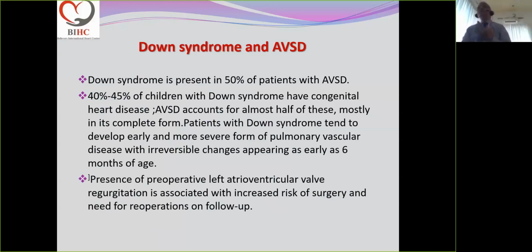The problem with AV septal defect in Down syndrome is that Down syndrome patients have a greater propensity for pulmonary vascular disease. Therefore, the Down syndrome kid with a large AV septal defect may not have much symptoms. You need to pick them up by routine screening of Down syndrome for congenital heart disease, one, and